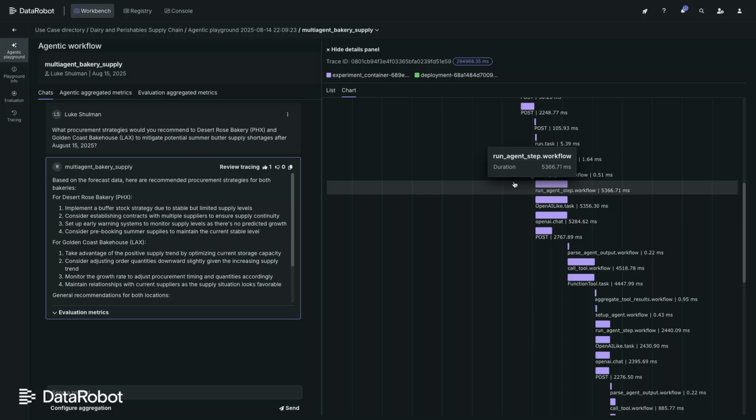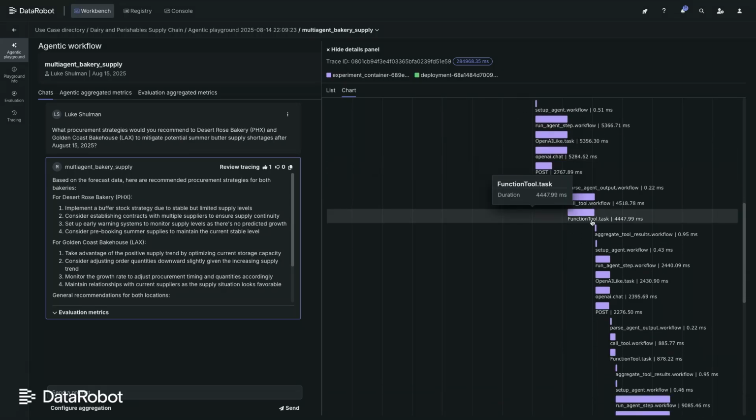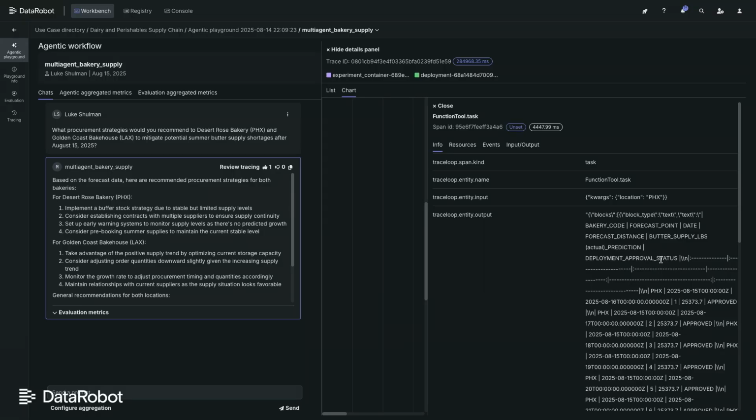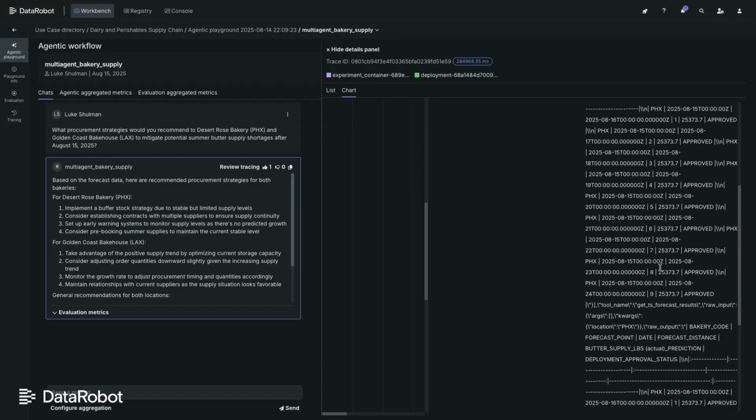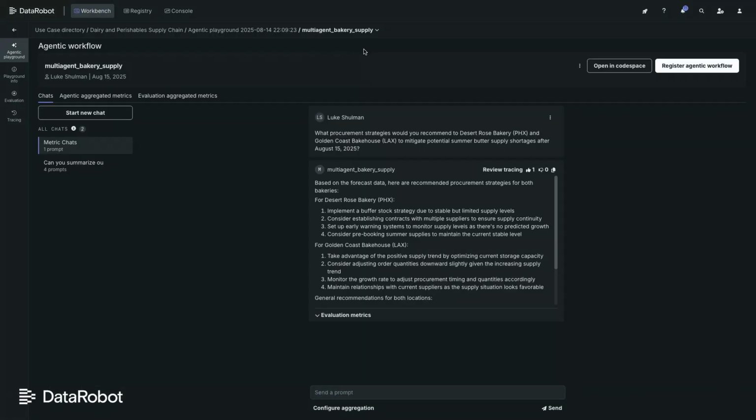So here, if you've never seen this before, this is called a tracing view. And I can go into the tracing view, and I can see here my agent immediately calling for the forecast for butter supply for our Phoenix bakery. And now I see the forecast starting from 8:15 going forward. I didn't have to write the code to do this, because all of those forecasts, those models, and all the tools my agent needs through Model Context Protocol are immediately available to use. That's fun.